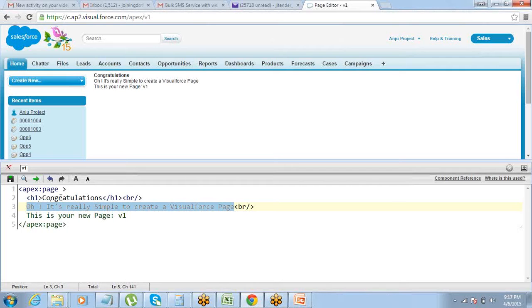No. This is a Visualforce component, Apex page. Got it? So you may or may not have a component involved in a markup. You can have a markup without a Visualforce component also. Got it? So every markup does not have to have a component. There are Visualforce components which can be used, and every component has got certain attributes. Okay? Navita, okay with you?